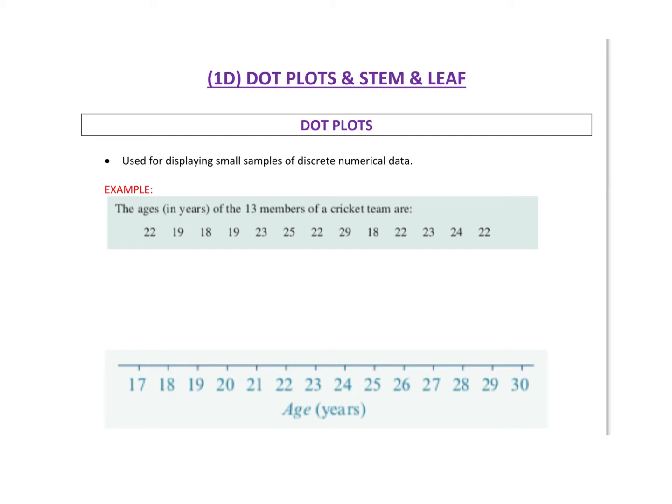Okay, so in today's lesson, we're going to look at dot plots and stem and leaf plots. So they're ways of displaying data, and it's when you've got just one set of one variable, so one bit of data. So for the example here, in this first example, it says the ages in years of 13 members of a cricket team. So that age is the variable, and because we've counted how many years they are, we